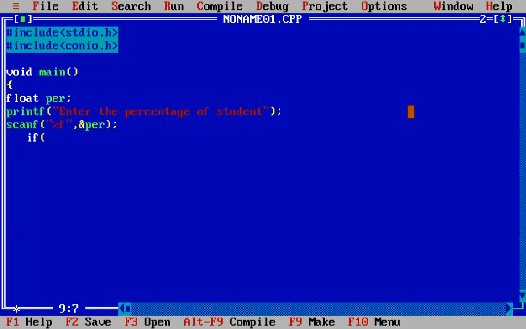The first condition we have to check is whether the percentage is greater than or equal to 60. If it is, what is it going to do? We have to print a message, like first division.